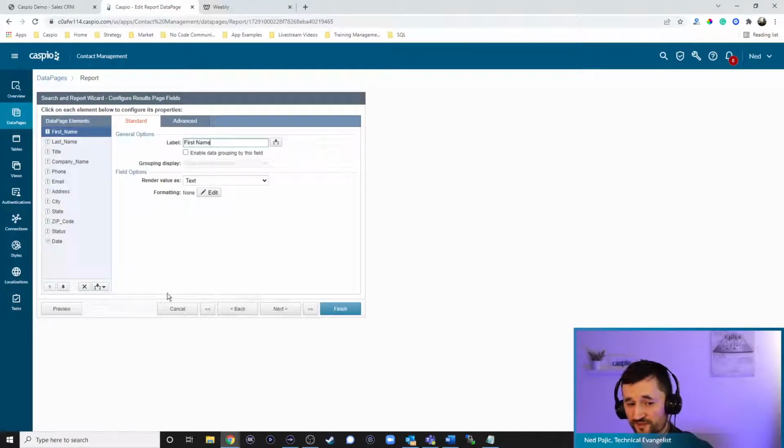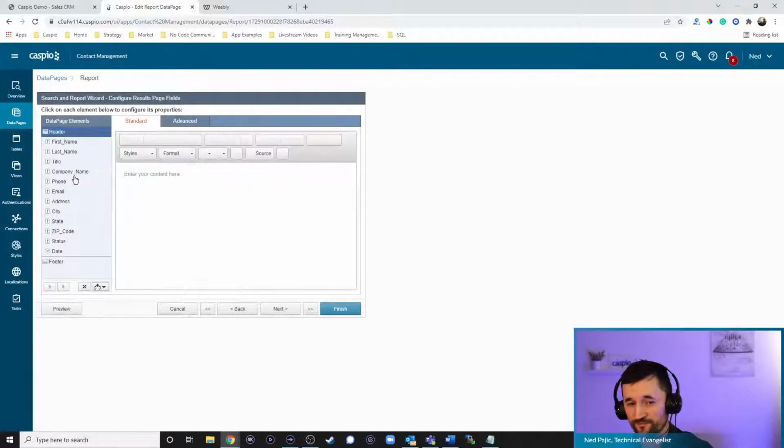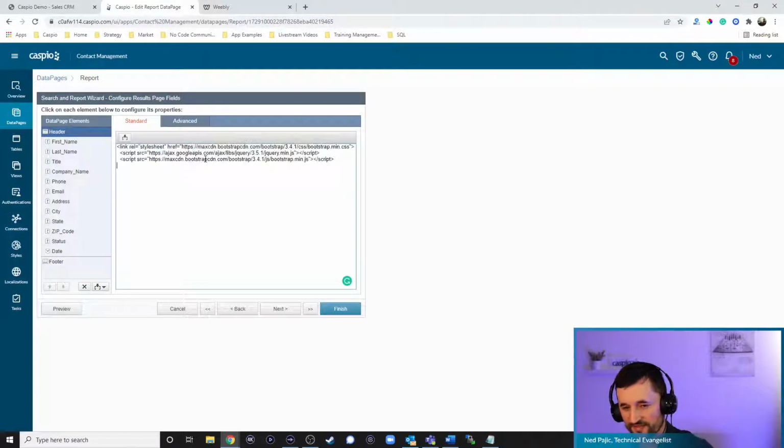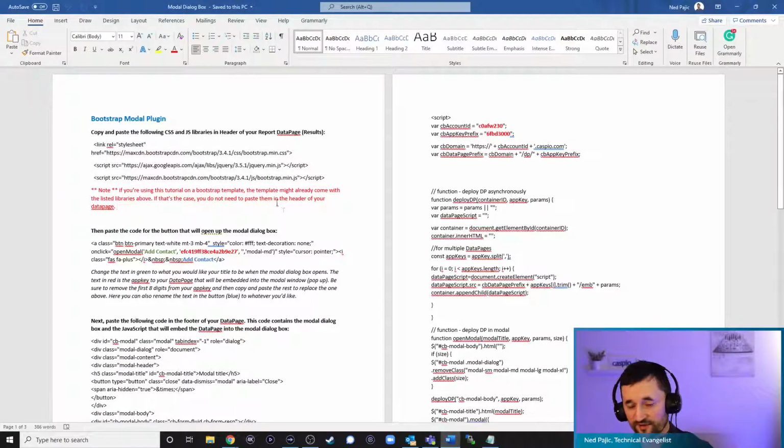So here's the results page. We're going to add a header and footer. And inside the header section, just go into the advanced tab, disable the toolbar, come back to the standard tab, and paste that code. Now, one important note that I want to make sure people understand here, which I put